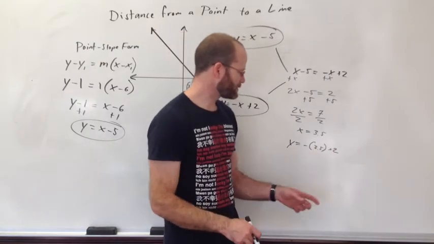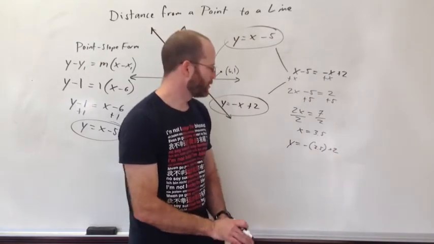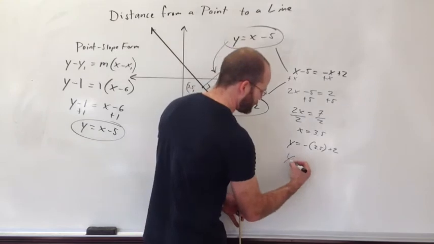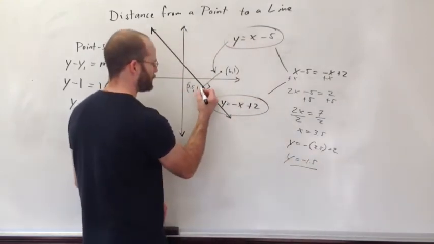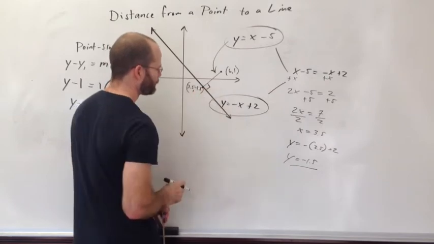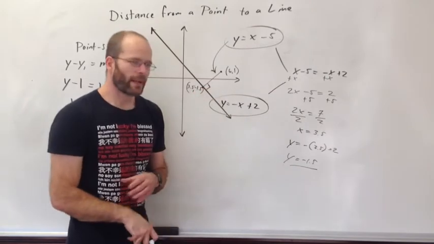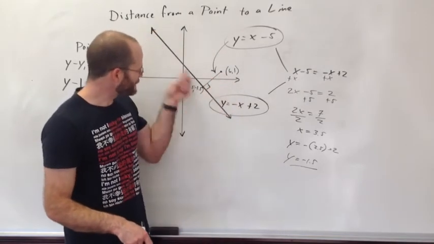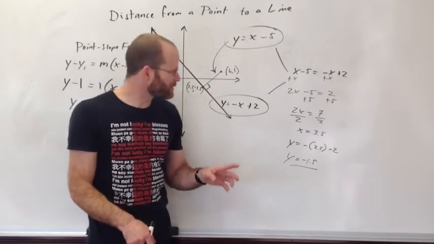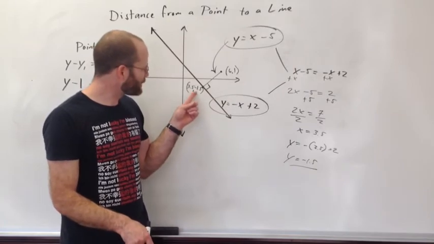Negative 3.5 plus 2 is the same as 2 minus 3.5, which is negative 1.5. So that's my value here. Negative 1.5. So we haven't answered the question fully. We're trying to find the distance from this point to this line. But what we have done is identify this point, 3.5, negative 1.5,